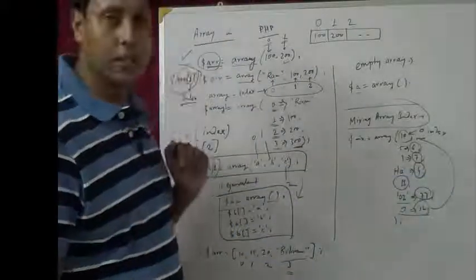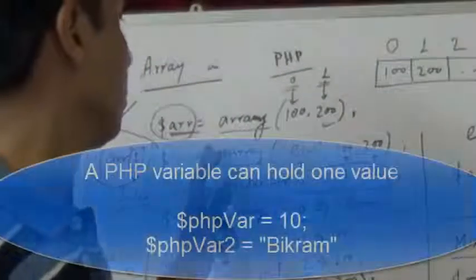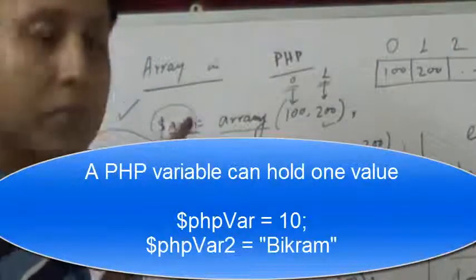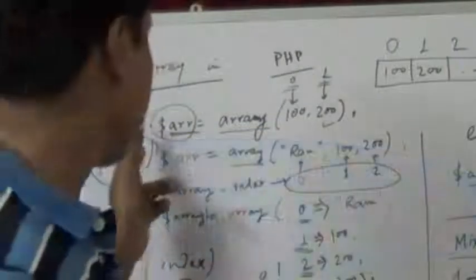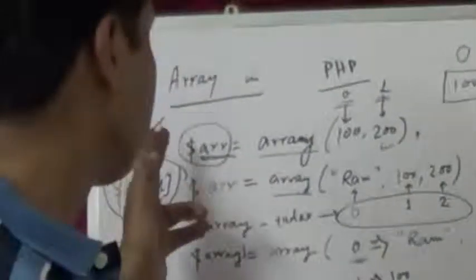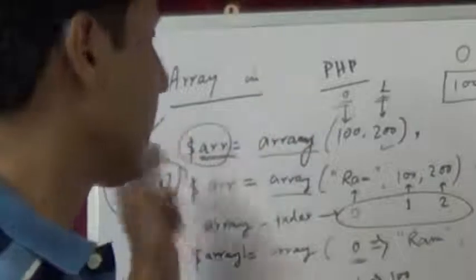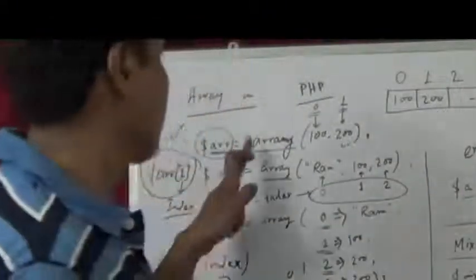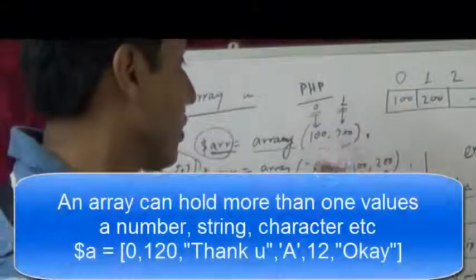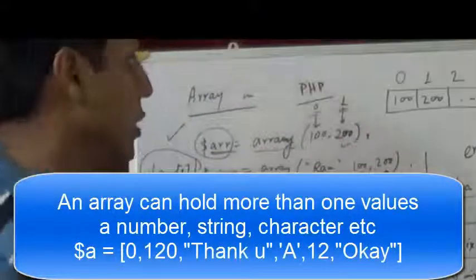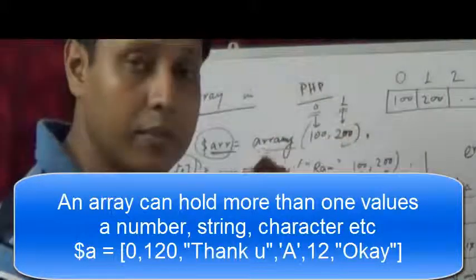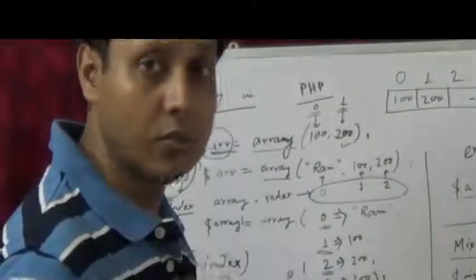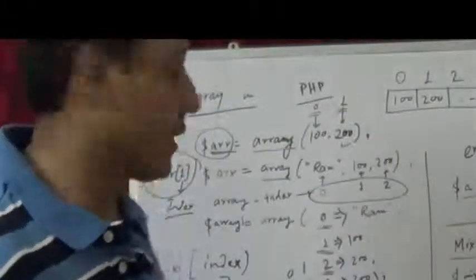So if you want to declare an array, what do you need to do? You have to write array, the word here, and this is the same as a PHP variable. This is the array variable, and you have to access the array elements by using this and the array index. You have to write array, the elements here. In PHP, you can write different types of elements in an array, like numbers, characters, or a set of characters which is called a string.